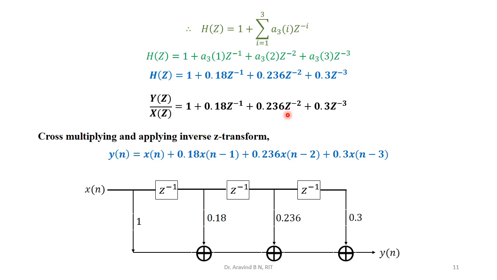Once we get H of z, then we need to calculate y of n. After calculating y of n, we are going to have the realization. So this is the realization we are going to have, direct form 1 realization. In the previous lecture, direct form 1 H of z is given, and then write that as a direct form 1 realization. Now from this step onwards, that procedure we need to follow. So this is the direct form 1 realization we are going to have.